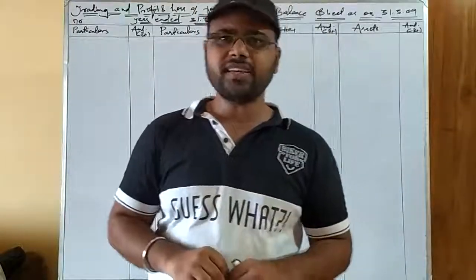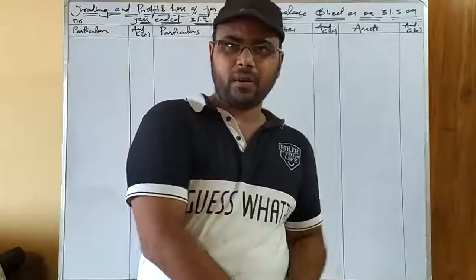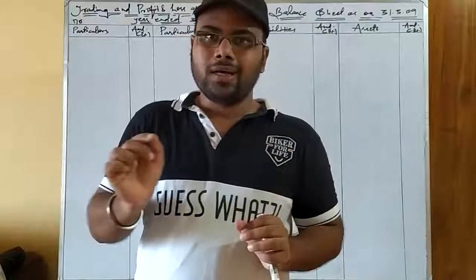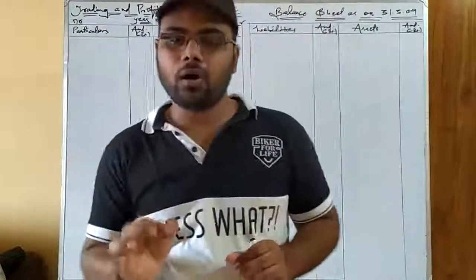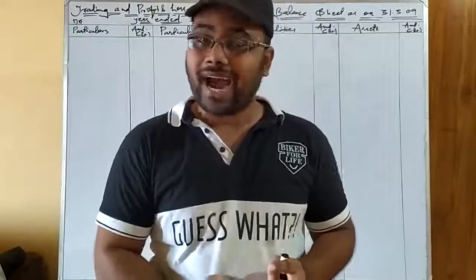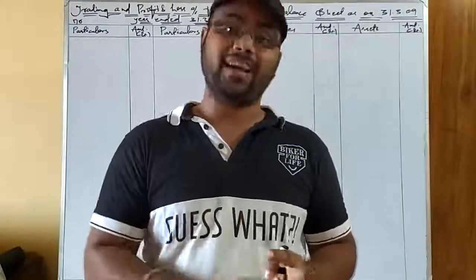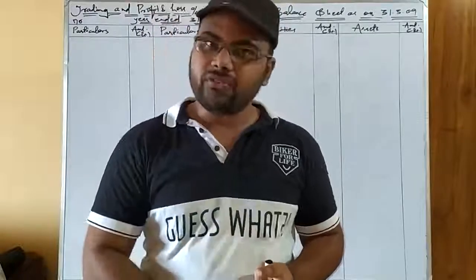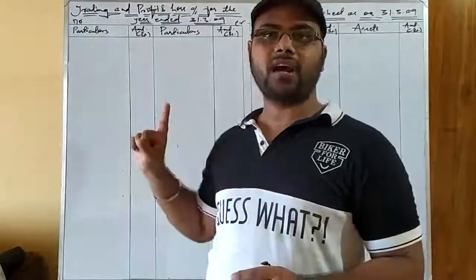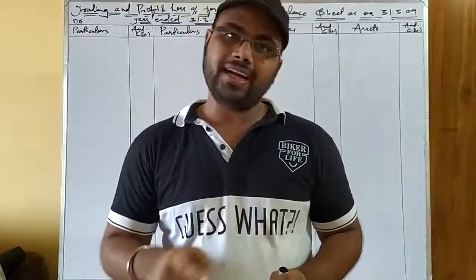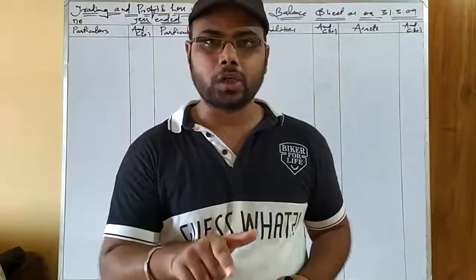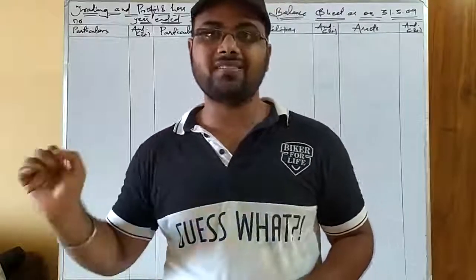Now, the thing is, what difference does it make when we prepare the trial balance and when we transfer the items from the trial balance to the final accounts? The difference is that when the categorization of the items is done, you have to see that if an item appearing in the trial balance is an expense, what kind of expense it is. If it is a direct expense related to production or factory works, then you have to take it to the debit side of the trading account. And if it is an indirect expense, meaning not related to the factory but related to office works, then you have to take it to the debit side of the profit and loss account.